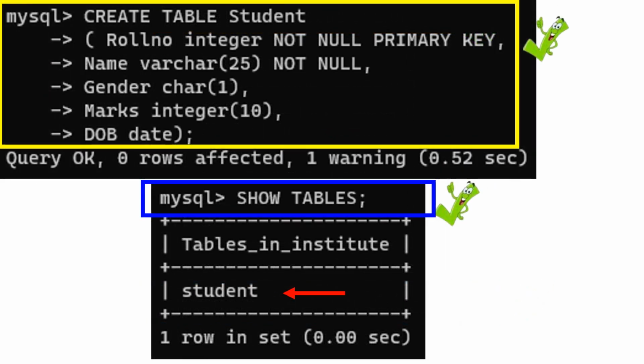Inside the institute database, we are creating a table named student. Come on, look at the yellow box. CREATE TABLE student (roll_number INTEGER NOT NULL PRIMARY KEY, name VARCHAR(25) NOT NULL, gender CHAR(1), marks INTEGER(10), DOB DATE);